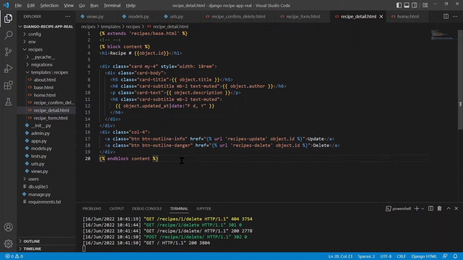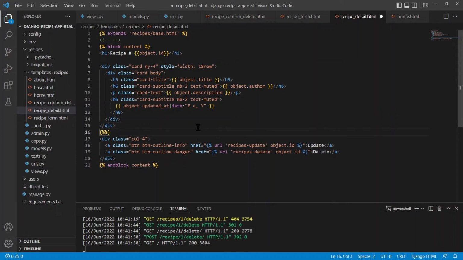And now I think that should work. The only thing that we want is, right now this will display on every single template, regardless if the user is actually the author and if they're logged in or not. And remember, we only want the actual author to be able to update or delete a recipe. So we'll wrap all of this in a tag to check if object.author equals the user that gets passed in, or so we can chain conditionals,